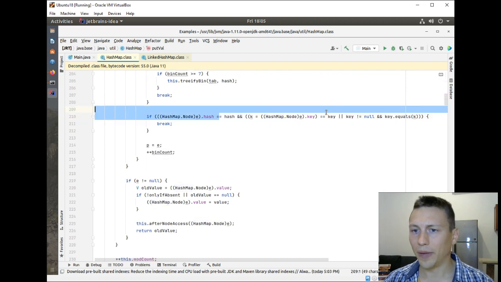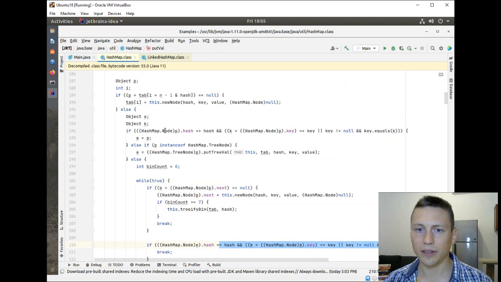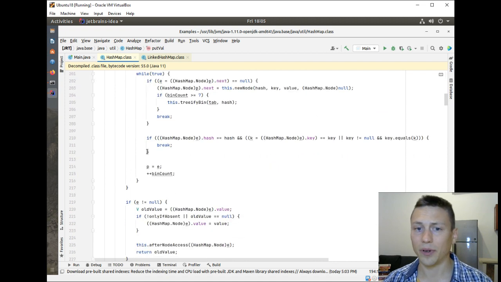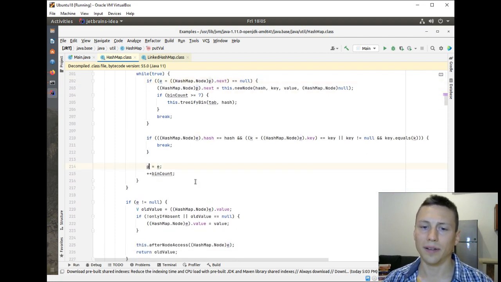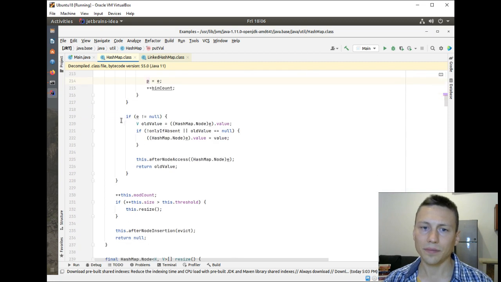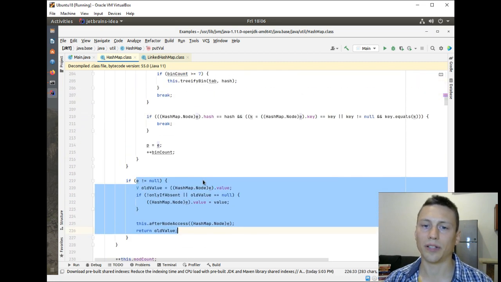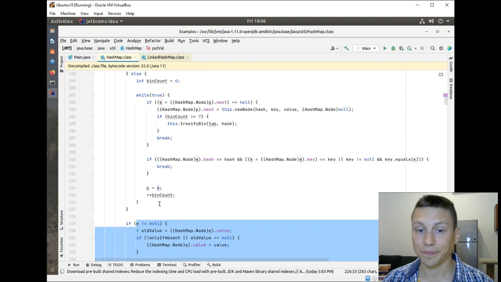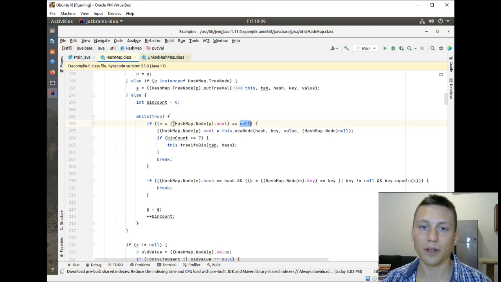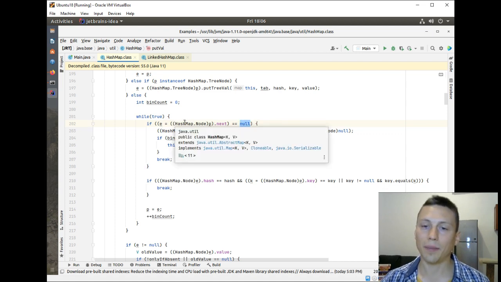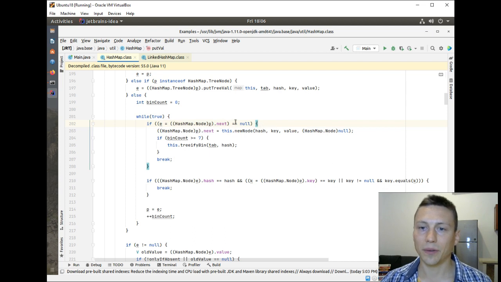Here we apply the same check as I described before, and we already get this element E, and if they are equal, then we return and do the thing which we already discussed. Okay, and if we go through all of the elements of this linked list and we didn't find anything,